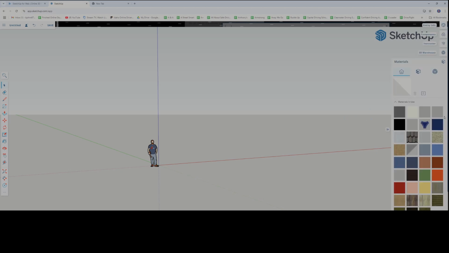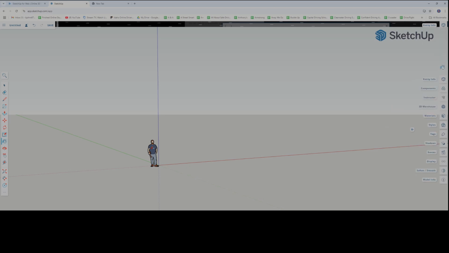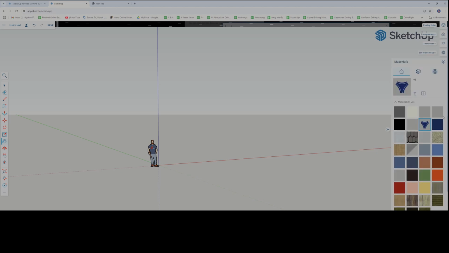So materials over here. This is the same thing that comes up when you click on the paint bucket over here. It's the same exact thing. So that's an interesting shape. Materials is exactly the same. And to close these down, by the way, you can either close the whole thing down, or open this up so you have these titles. But if you have materials open,